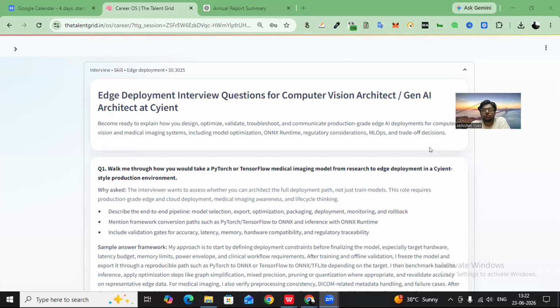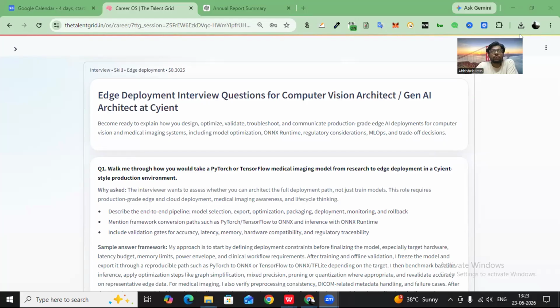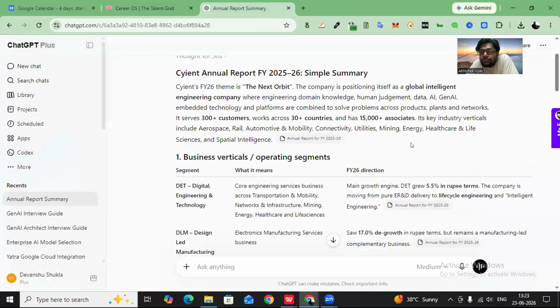And the objective of this discussion is you have to explain to us how you design, optimize, validate, troubleshoot, and communicate production-grade edge AI deployments for computer vision and medical imaging systems, including model optimization, ONNX Runtime, regulatory considerations, MLOps, and trade-off decisions. So before we get started, I would like to give a quick summary of what Cyient does